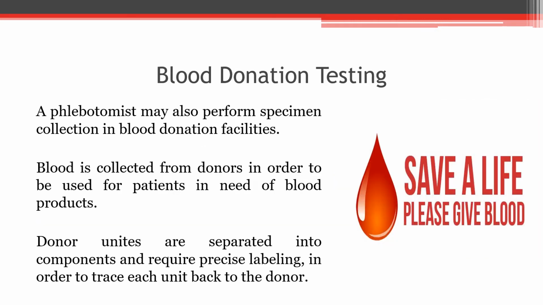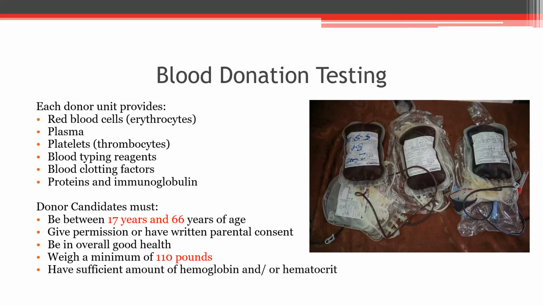Blood donation testing. A phlebotomist may also perform specimen collection in blood donation facilities. Blood is collected from donors in order to be used for patients in need of blood products. Donor units are separated into components and require precise labeling, in order to trace each unit back to the donor. Each donor unit provides red blood cells, erythrocytes, plasma, platelets, thrombocytes, blood typing reagents, blood clotting factors,